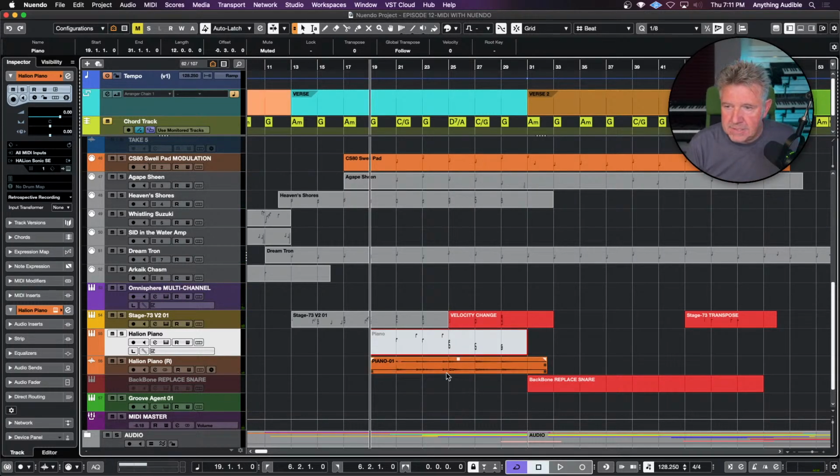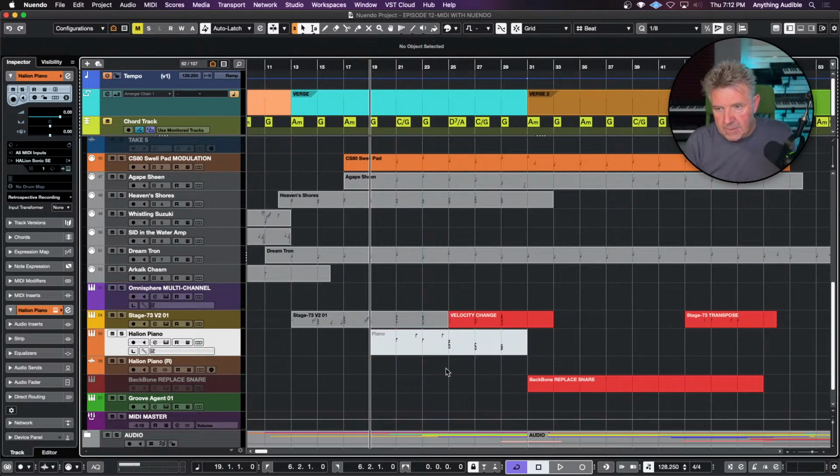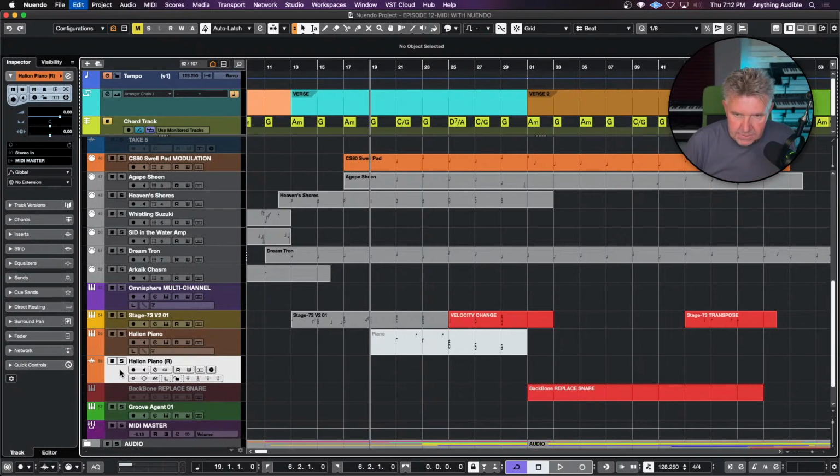What if I wanted to do it the old-fashioned way, right? By actually physically re-recording it. Let's say I wanted to do some tweaking and filter modulation and whatever and print that, or add an effect onto this and print the effect and the instrument. Okay. Well, it's as simple as